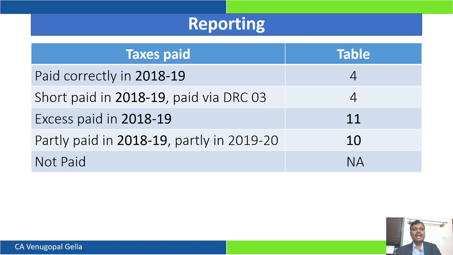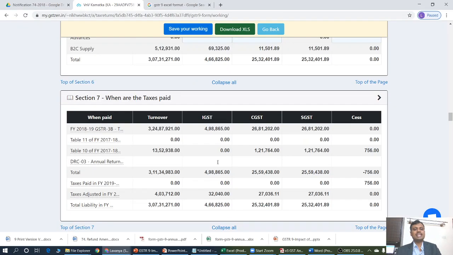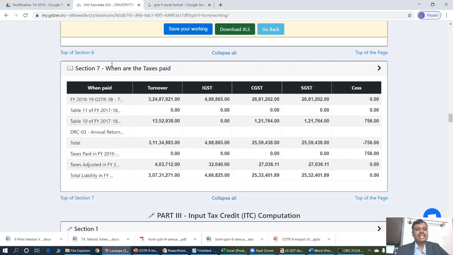So how will we identify this through GST Zen? In GST Zen, in the earlier section, I have explained how we arrive at gross turnover. This gross turnover has to be segregated based on when the taxes are paid. So from the data which is pulled from the portal, GST Zen would do an auto computation of how the segregation of turnover between different categories would happen.